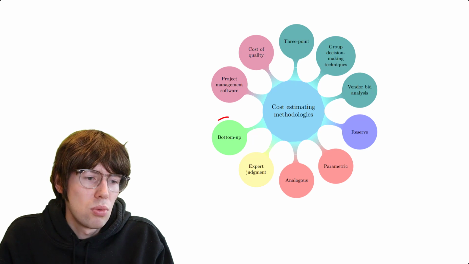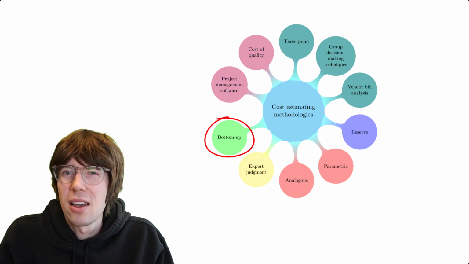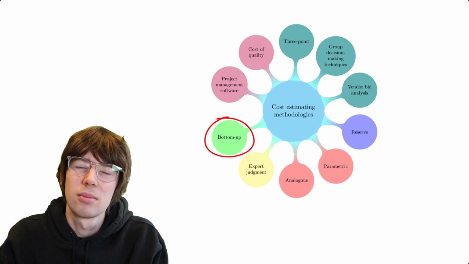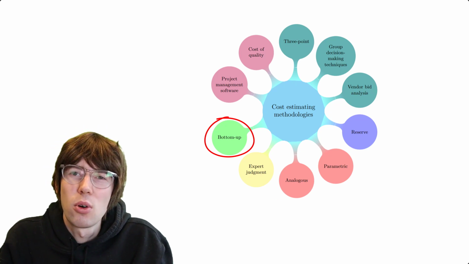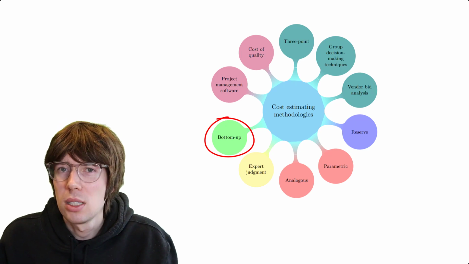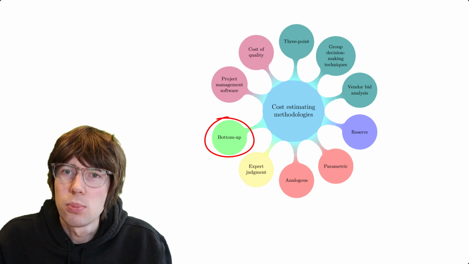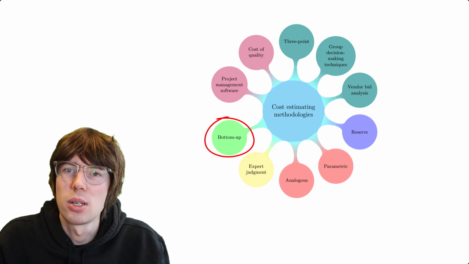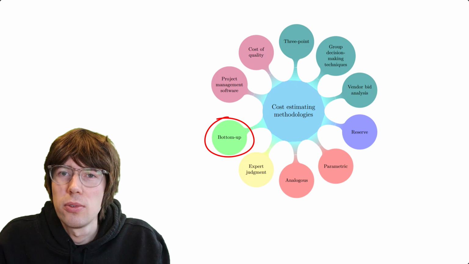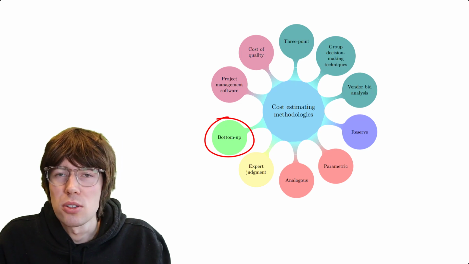When it comes to the bottom-up approach, I don't really have any dedicated literature I want to recommend. The core of the bottom-up approach is basically just work breakdown structures, and that you can read about in basically any textbook about project management. Just take any project management book you have, I can almost guarantee you there's going to be something in there about breakdown structures, so that's good enough.